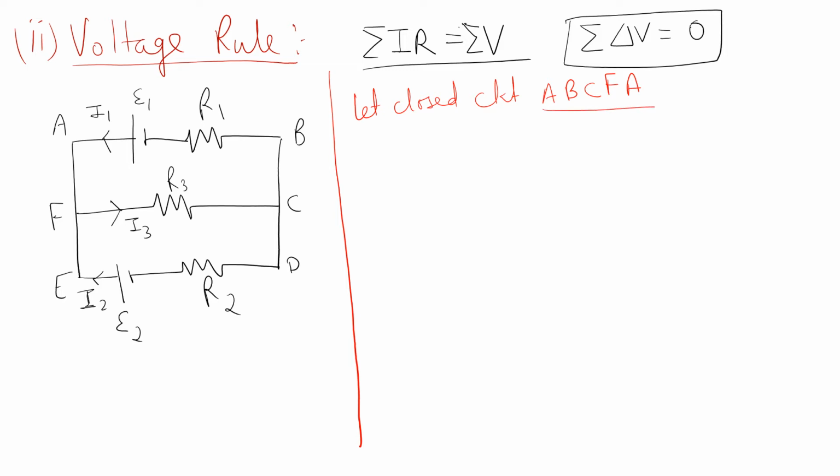That is A, this is A, this is B, this is C, this is F, and this is again A. So if I check, then I find that in this lower arm, current is going like this, or in other words, current is flowing in anti-clockwise direction in the whole circuit. Since the current is flowing anti-clockwise in the whole circuit, which I am assuming, that is A, B, C, F, A.